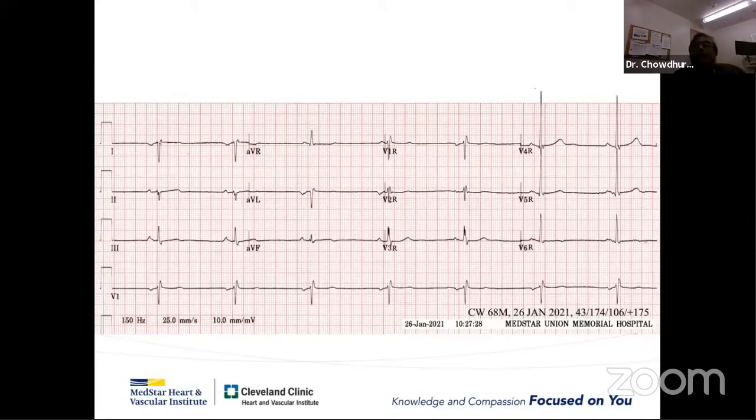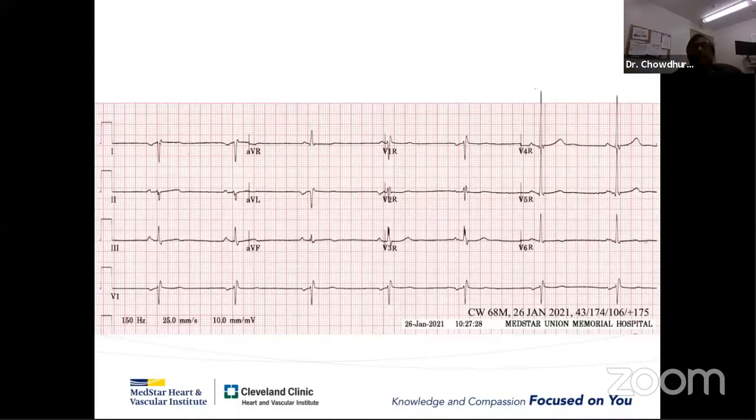In case of dextrocardia, lead 1, what will be the P? P will be upright? Oh, no. In dextrocardia, lead 1, P will be inverted. Because lead 1 is a left arm lead, and normally the electricity goes from the right to left side. In dextrocardia, the sinus node is on the left side and it is moving from left to right. So lead 1 becomes negative.